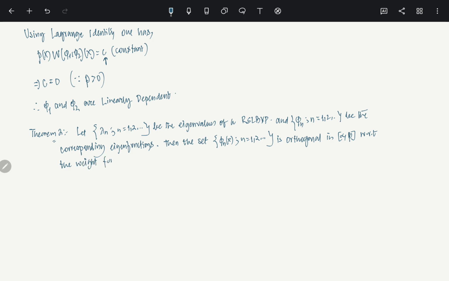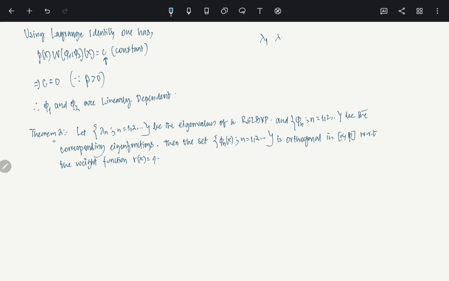Weight function, R(x) equals 1. So basically what it is saying is this: R(x) equals 1. Okay, so what exactly is it saying? You see, if you have, let's say,